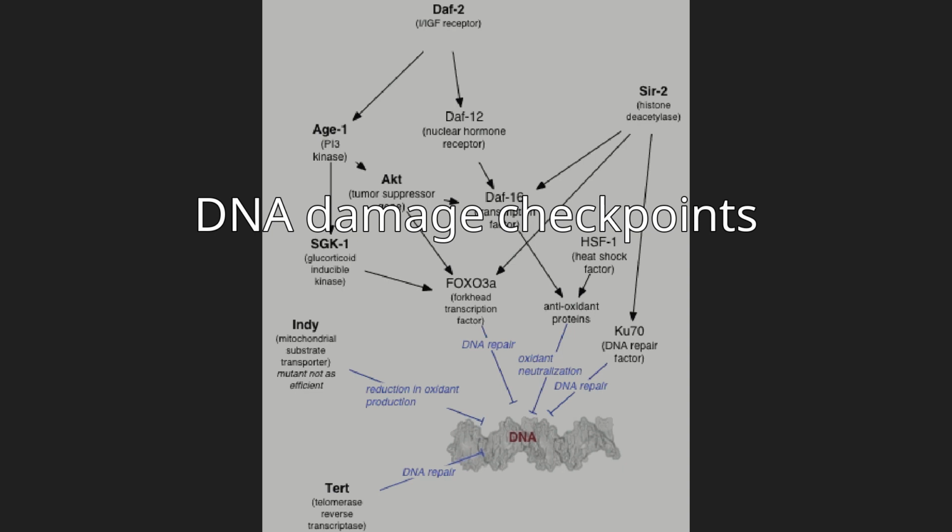Checkpoint activation is controlled by two master kinases, ATM and ATR. ATM responds to DNA double-strand breaks and disruptions in chromatin structure, whereas ATR primarily responds to stalled replication forks. These kinases phosphorylate downstream targets in a signal transduction cascade, eventually leading to cell cycle arrest. A class of checkpoint mediator proteins including BRCA1, CLASPIN and 53BP1 has also been identified. These proteins seem to be required for transmitting the checkpoint activation signal to downstream proteins.